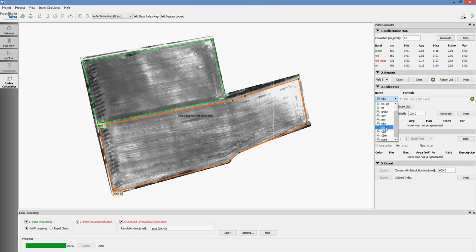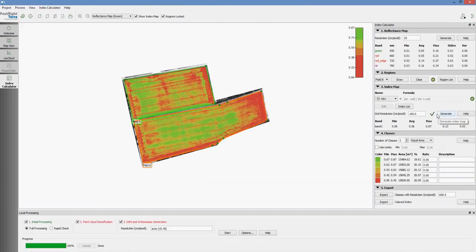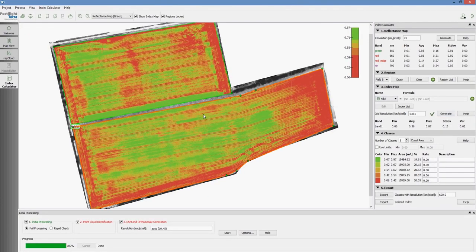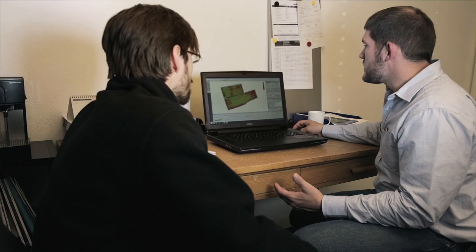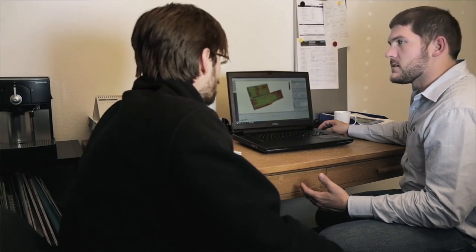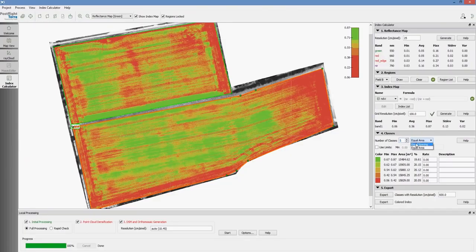For simplicity, we're just going to choose the NDVI and click generate. And like that, we have a nice map for each region. What you can see right now is we've got this broken down into 5 classes from red to green. Each one's broken out in equal area parts. On the 0 areas, we probably put about 0 fertilizer, since those areas were probably drowned out. But on these areas, perhaps maybe 50, 40, 30, and 20 on the way up to our better ground, so that we conserve our fertilizer. So we hit export,